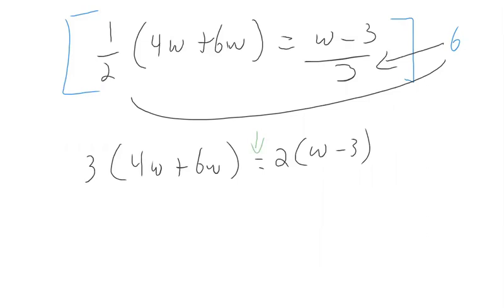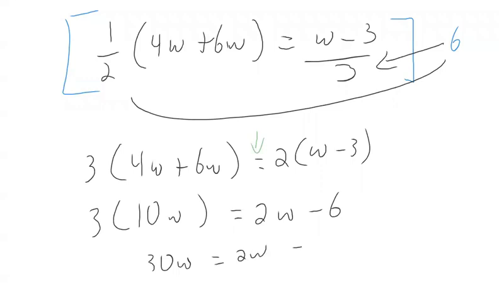So now I can apply the distributive property and distribute through. So 12w, oh, actually, cancel that. I can actually do what's in the parentheses first. 4w plus 6w is 10w, so this becomes 3 times 10w equals, distribute this one, 2w minus 6. Multiply those two things, so 3 times 10w is 30w equals 2w minus 6. I subtract the 2w,